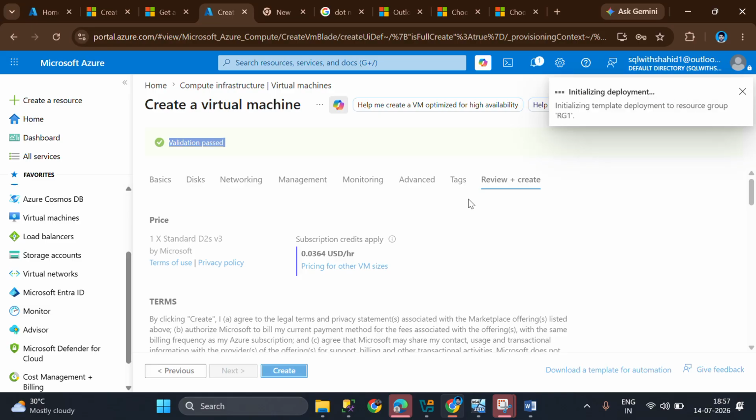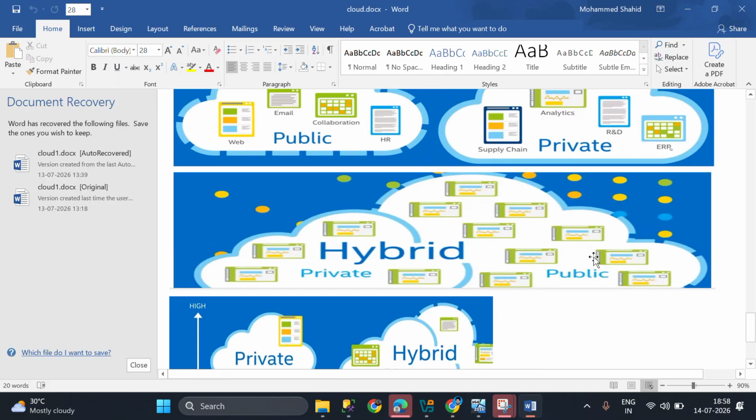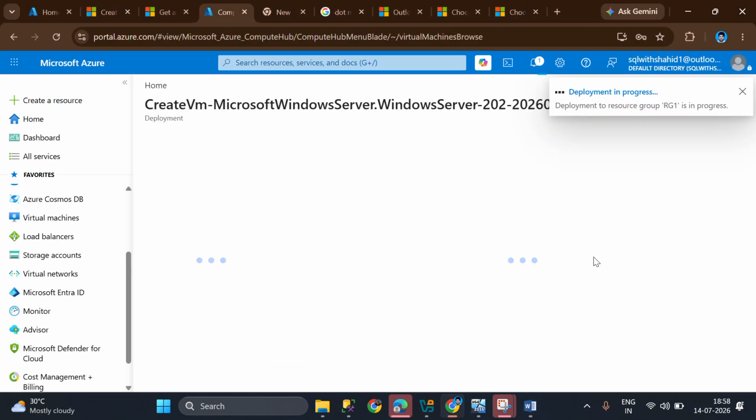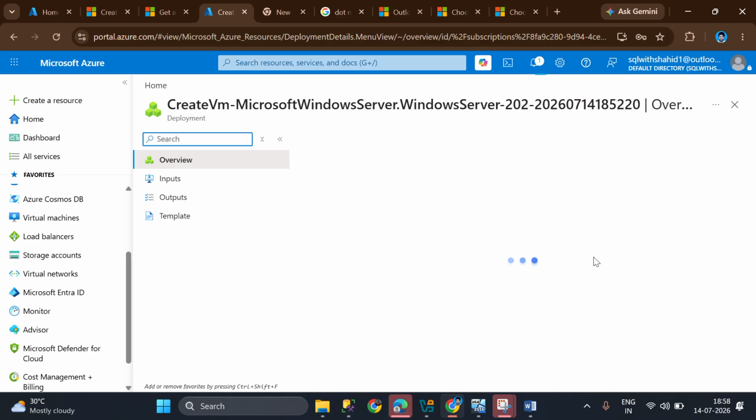After creating the virtual machines, I will show you how to connect through RDP also. It is very easy to connect to RDP by taking the public IP. You have to use the public IP. A lot of things are there to discuss in cloud computing. This is also a very long journey to go. We have started level 2 now. There is a topic known as mirroring, log shipping, clustering, Always On, and replication.